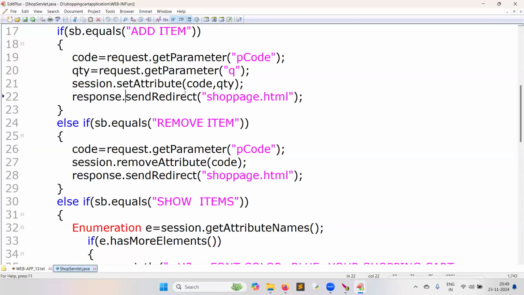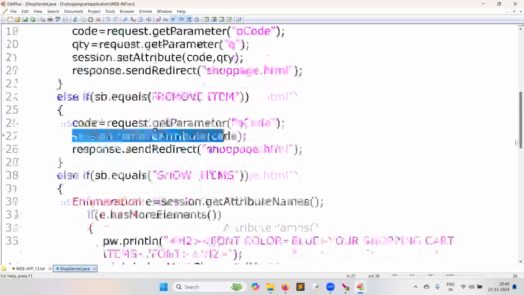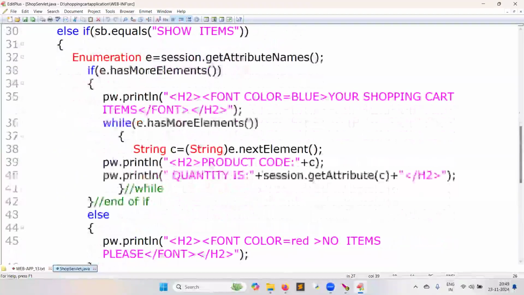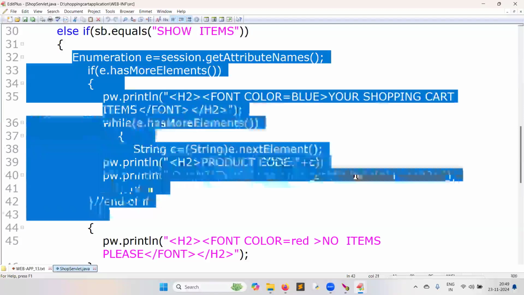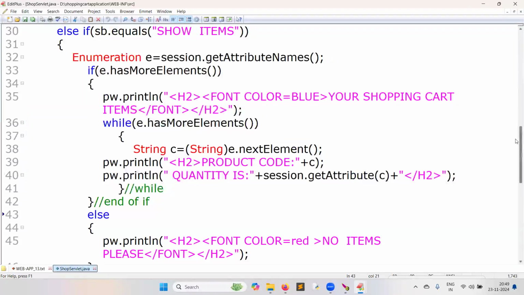There is one new method, sendRedirect. If the user clicks on remove, a method called session.removeAttribute is used. Show items: retrieve all the names through a while loop, get every item. Don't expect this explanation; I promise, I will not.